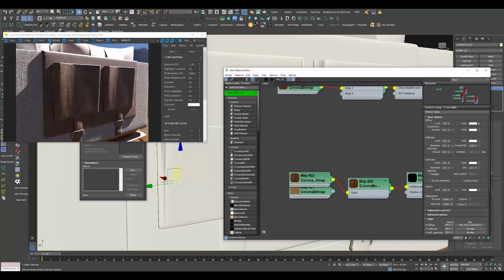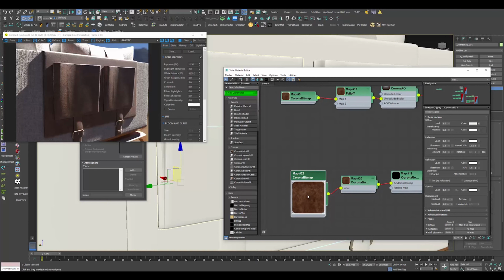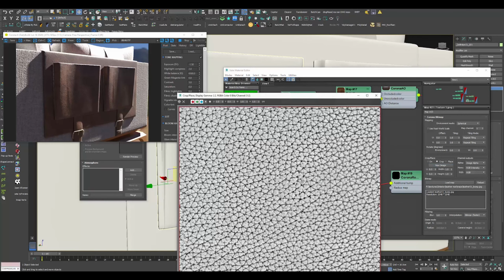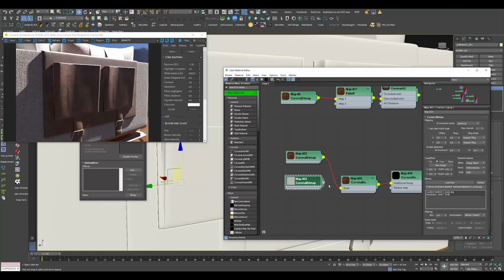And now we need to do the same thing again. There's a slight bump here I see, and this will not work all the times, and sometimes you need to add a proper leather material, leather bump map or leather texture. So what I'm going to do is copy this and find a leather texture. And now I have loaded my leather texture here, as you can see,